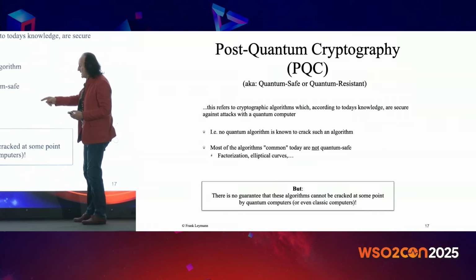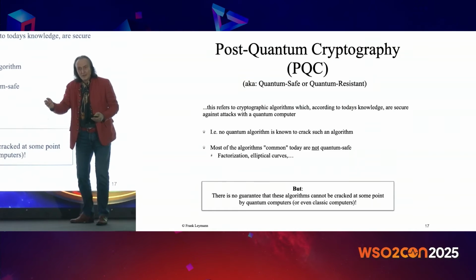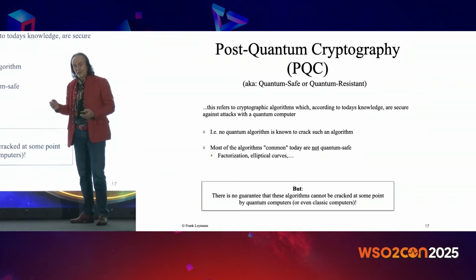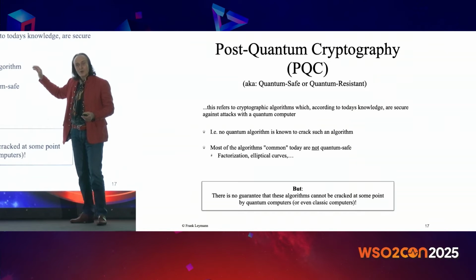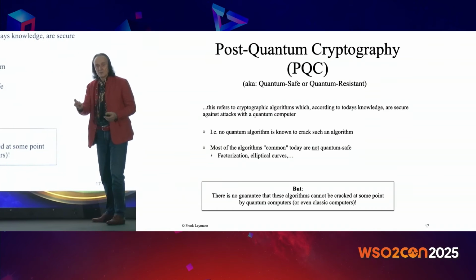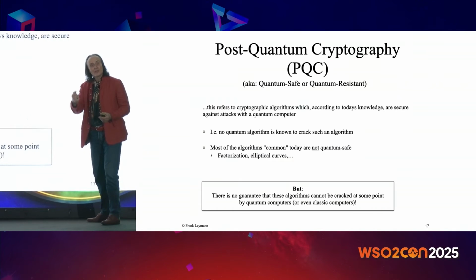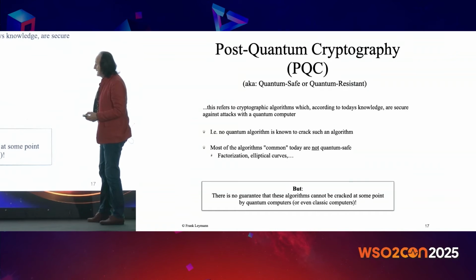But there's no guarantee in the sense, is there a mathematical proof that these algorithms can't be cracked? And the answer is no. It is not known whether some smart guy is sitting in his room and tries to crack algorithms, as I will reveal in a couple of seconds. They are currently being standardized, which has impact on how the infrastructure must be built. We must have an agile security infrastructure, right?